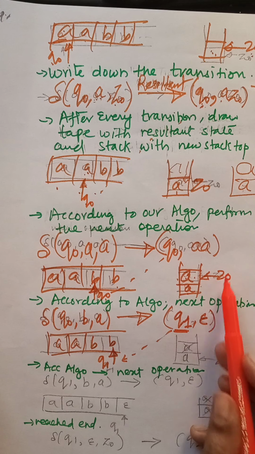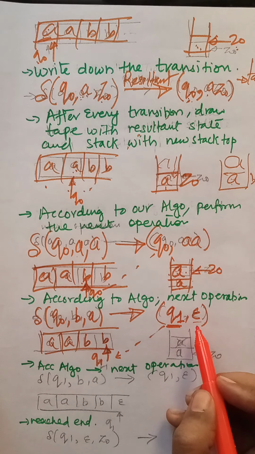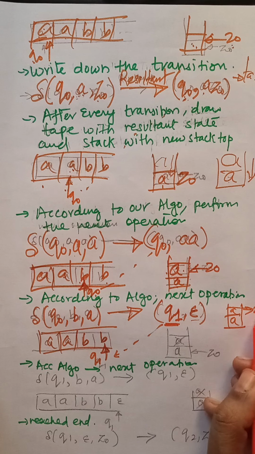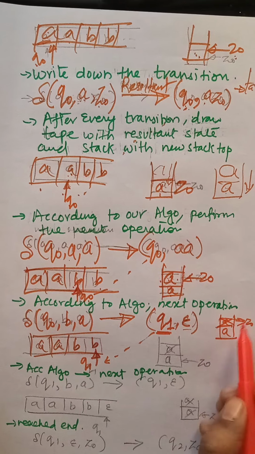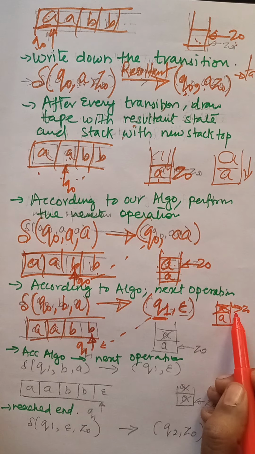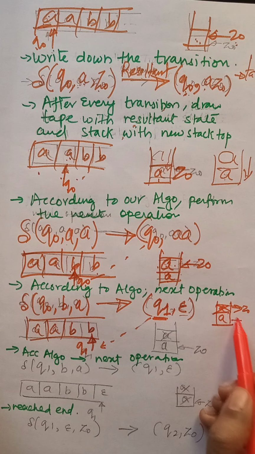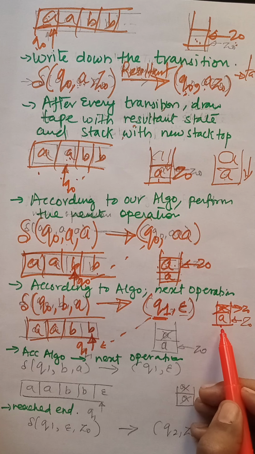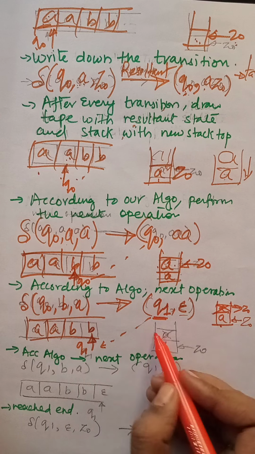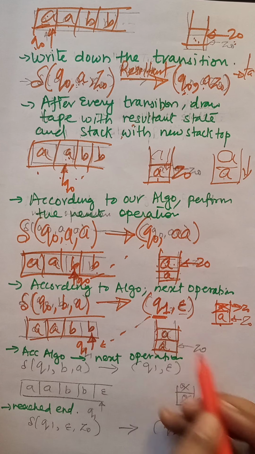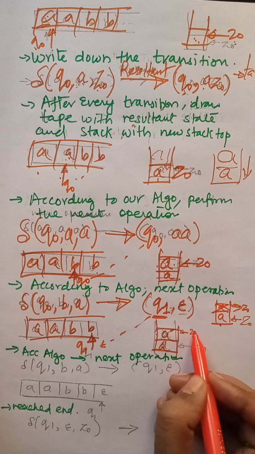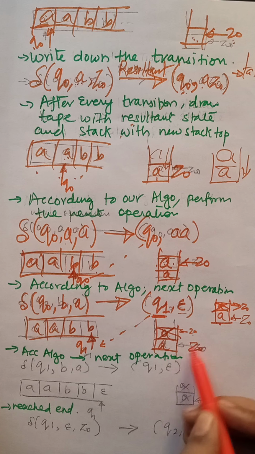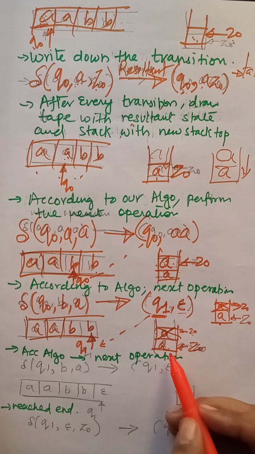How will the stack look if we perform the pop operation? Here we have two A's and this is the top of the stack. We have performed the pop operation, which means the top of the stack will be decremented by 1 and is going to show the first A. So the resultant one will be: we have two A's, and the top of the stack was here, but because of the pop operation it is decremented by 1 and now it is showing A.